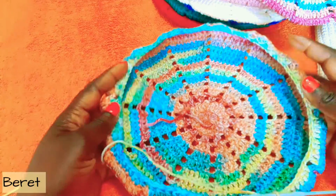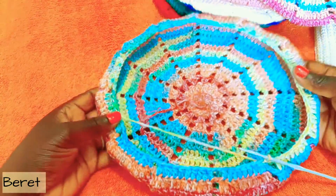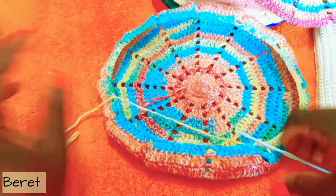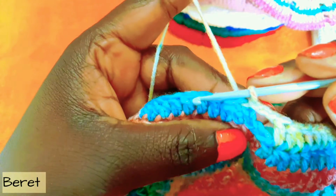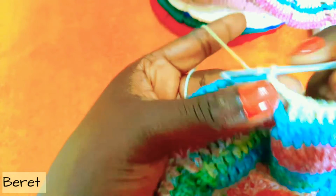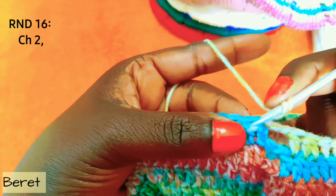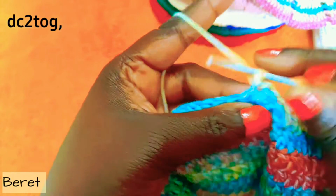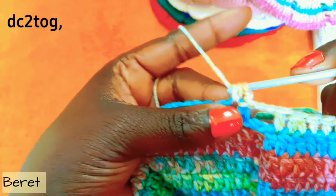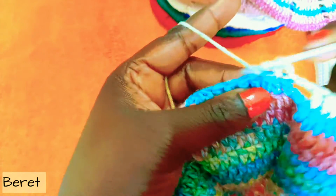I'm done with my 15th row. See, it's starting to look pretty. When you decrease right, it will surely give you the results that we want. So this is our 16th row. We chain 2, of course, and then we work on the immediate stitch. So make sure that your stitches are not loose. We decrease,